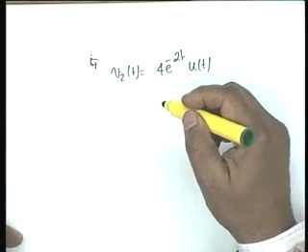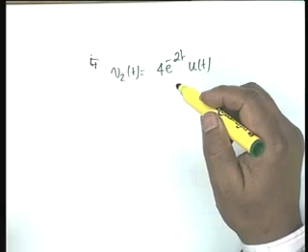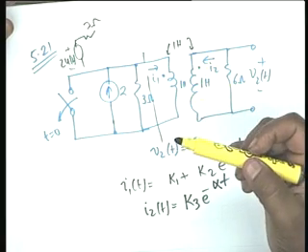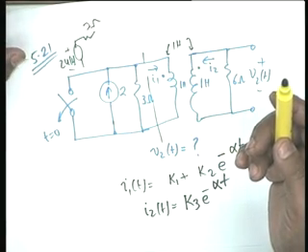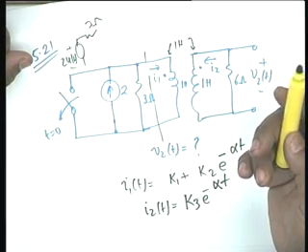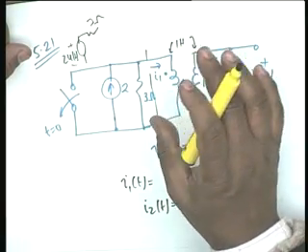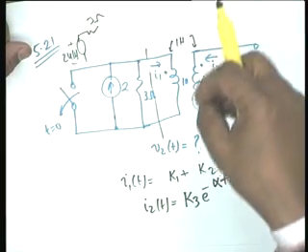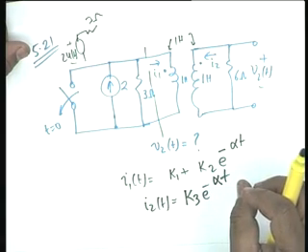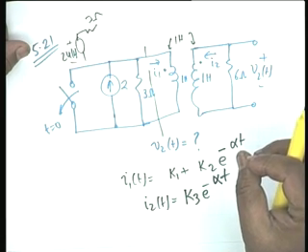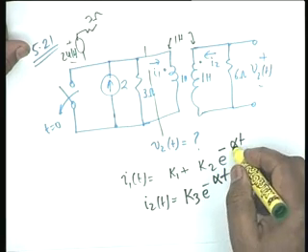You see, the time constant obviously here is half, and it is not obvious from the circuit. Isn't that clear? It is not obvious which resistance and which inductance. There are 3 inductances, 1 Henry, 1 Henry, 1 Henry, which are equivalent to 2, because the coefficient of coupling is 1. And these 2 inductances and 6 ohms and 3 ohms combine in such a manner, there is no easy way of observing and finding the time constant. You have to go through the maze. You have to write the characteristic equation and then solve for the natural frequency. That will give you this coefficient alpha.